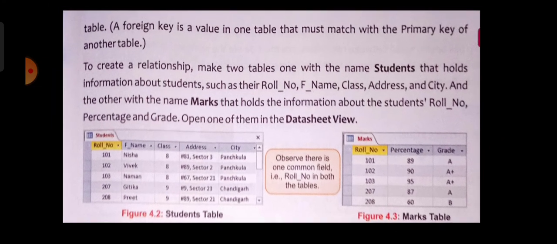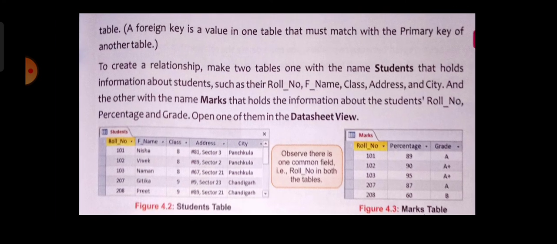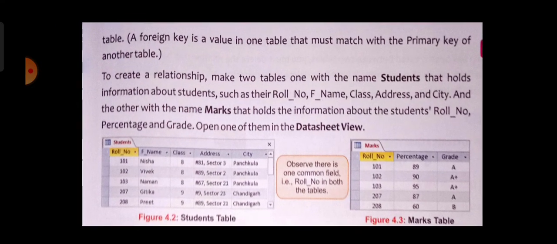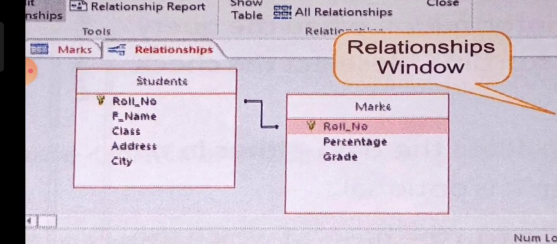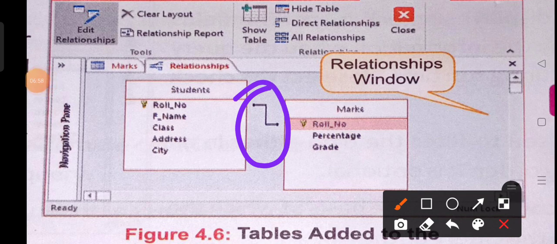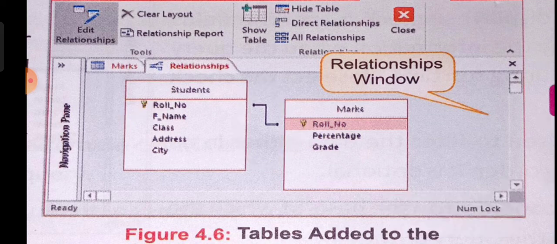After doing this, for making the relationship, just drag this primary key field roll number and drop it on the second table. As you drag and drop it, you can see a line will be formed between these tables. This line shows that the relationship between these two tables has been created, and you can see the primary key sign is there and the same sign is there as well. So in this way you can create a relationship between tables.